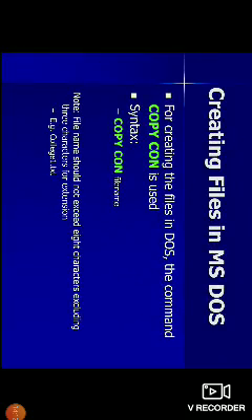Next, creating files in MS-DOS. For creating files in DOS, the command copy space con is used. The syntax is copy space con space file name. This is the syntax of the copy con command.